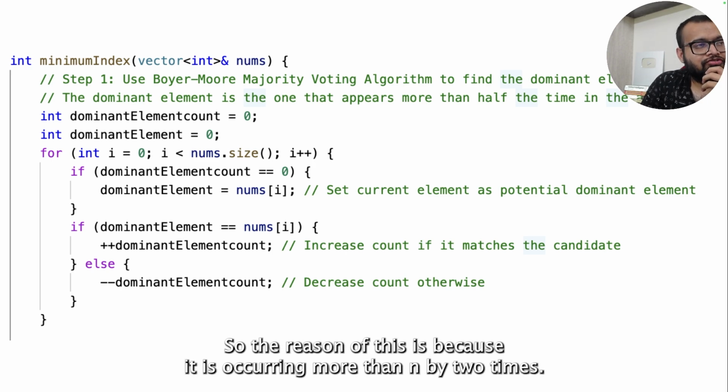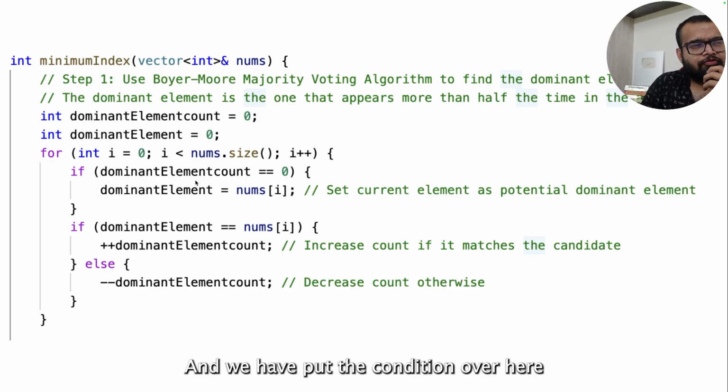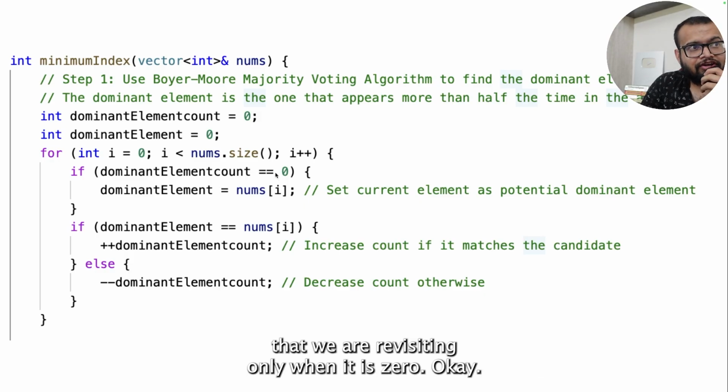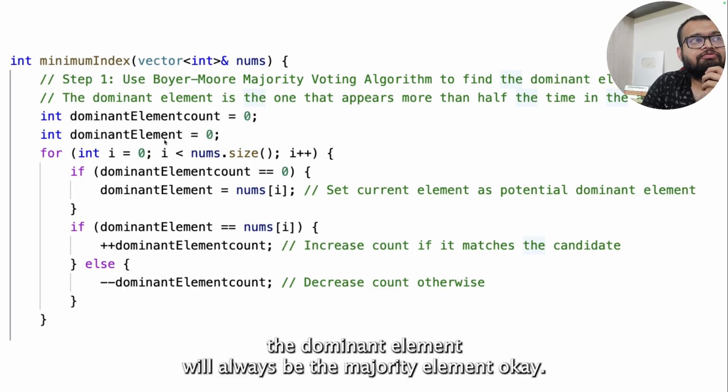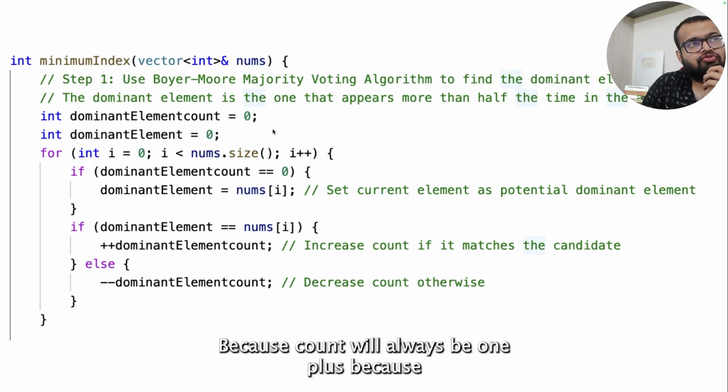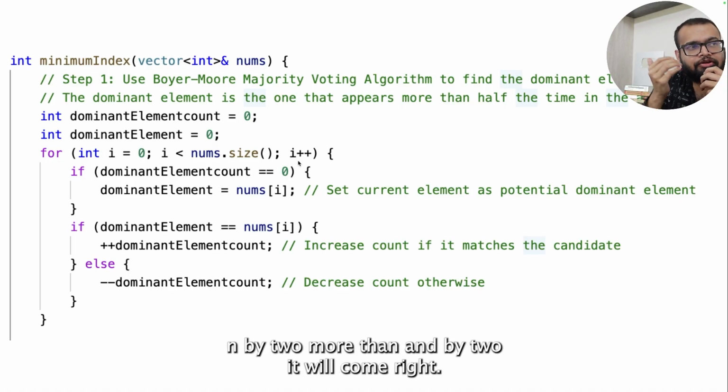Okay, so the reason for this is because it is occurring more than n by 2 times. And we have put the condition over here that we are resetting only when it is 0. So at the end of this, the dominant element will always be the majority element, because count will always be 1 plus, because more than n by 2 it will come,